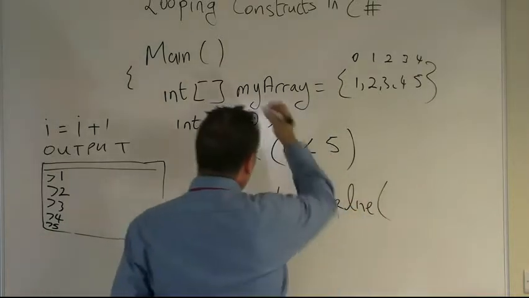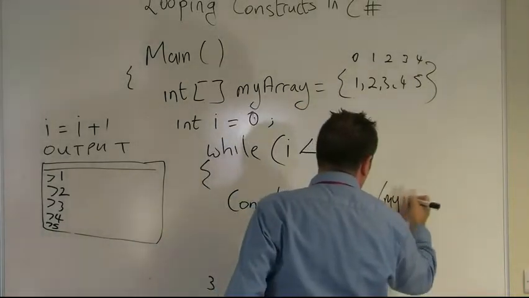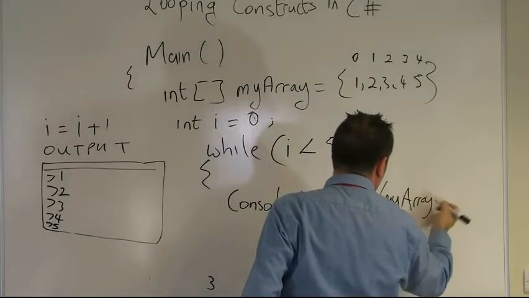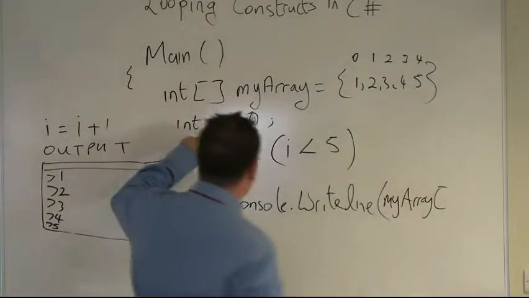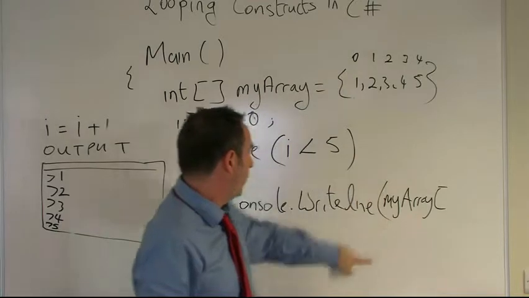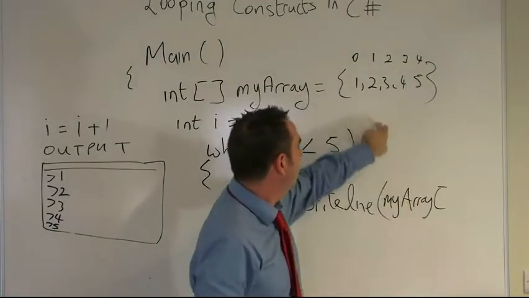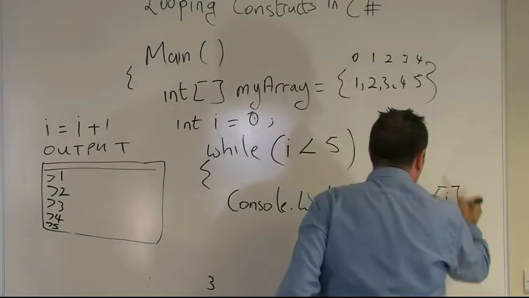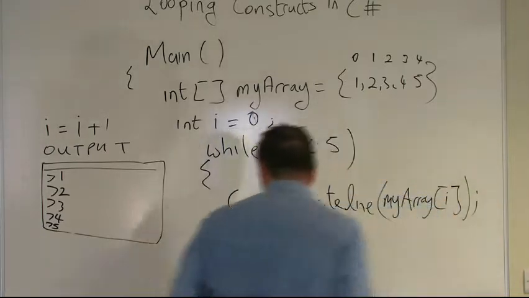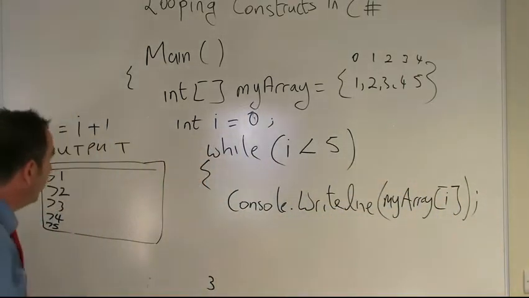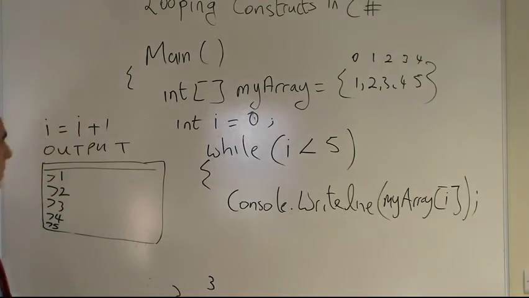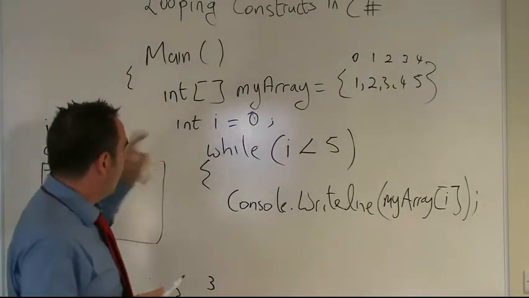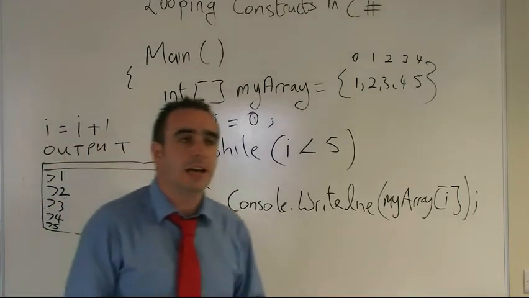And we're going to have the same thing again, my array, and we are using the variable I to access the index and to print out the contents of our array each time. So we're going to have I within our square brackets there. So that's basically it, and we'll close off our main method then. That's our while loop construct. Now, what are we missing here that we had